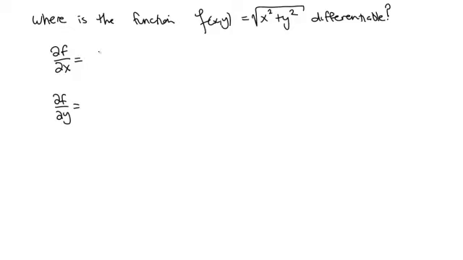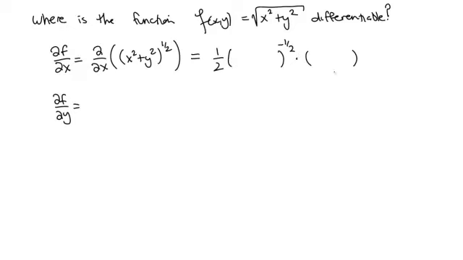So let's go and take the derivatives of these things. Let me first prep f. The function is x squared plus y squared to the 1/2 power. If we use the chain rule, the derivative of blank to the 1/2 power is 1/2 blank to the minus 1/2 power times the derivative of blank. The blank is x squared plus y squared. The derivative of x squared plus y squared with respect to x is 2x. So those will cancel, and we're going to get x times x squared plus y squared to the minus 1/2